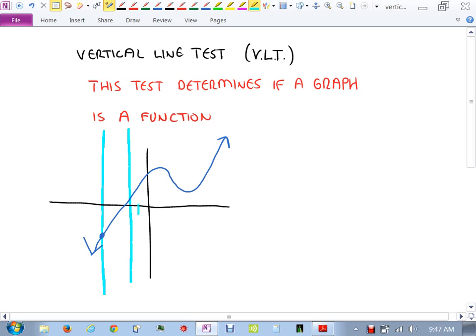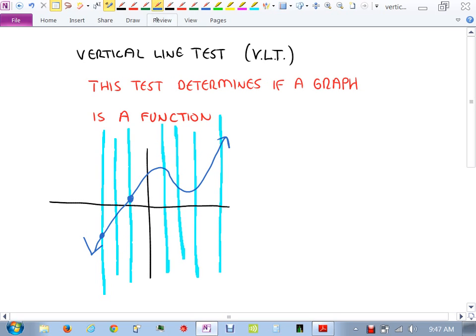Any vertical line I draw can only hit one place. Any vertical line, only once. Does it seem like that's going to happen? Every single time I draw a vertical line, I'm only going to hit one time? Yeah. As long as that happens, it is a function. Okay? So the way we write that mathematically is if any